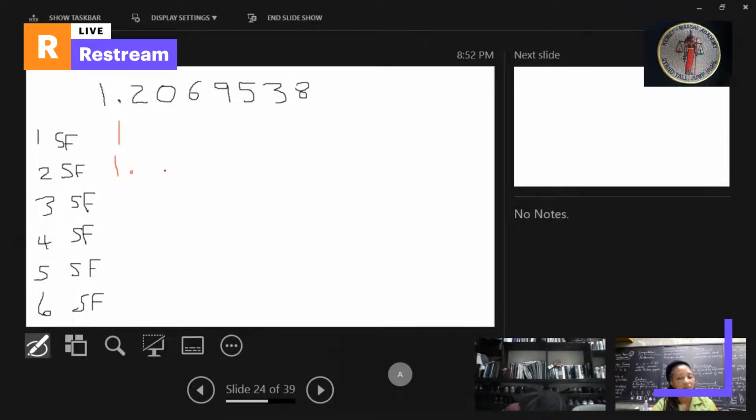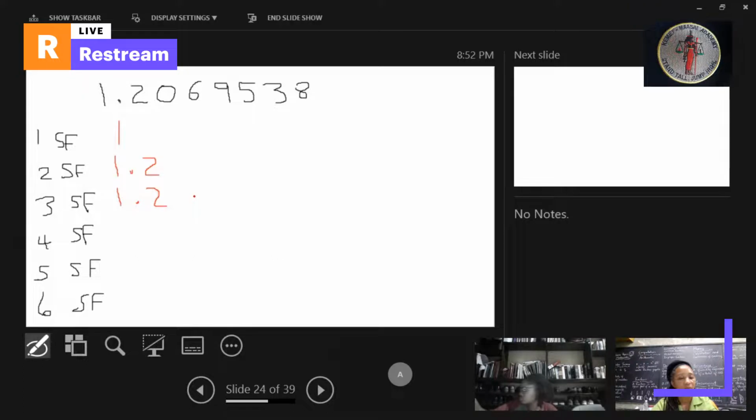Okay, and the first number past the decimal point is a 2. So we're going to look over and look at the number beside the 2, which is a 0, so we don't add anything. And for the third significant figure, we put back the 1, the decimal point, and the 2,